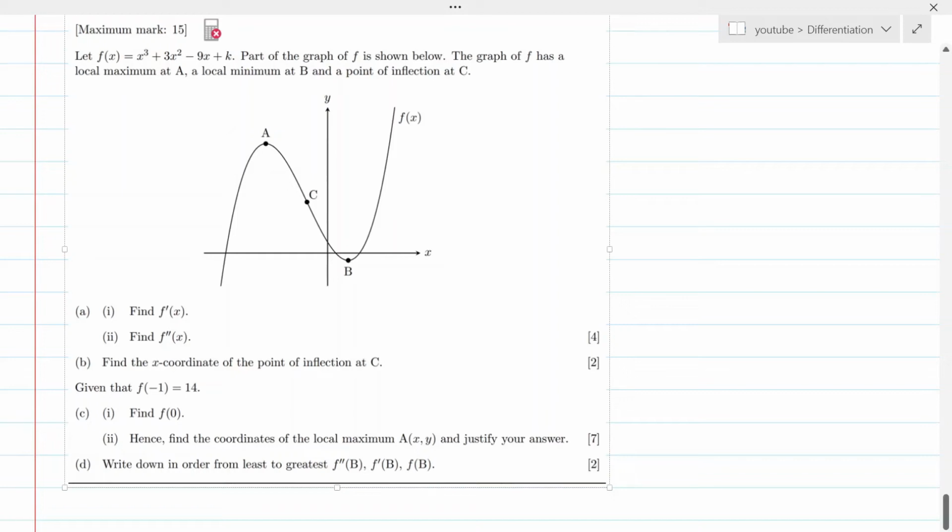Hello everyone. In this video, I'm going to show you how to solve this question, which is a pretty common question type in the IB exams. It comes for 14 marks. And in this, we are primarily going to do a lot of differentiation, finding out the maxima and minima, finding